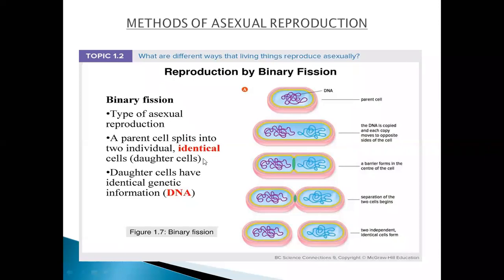Are you done with this binary fission in bacteria? Yes. Yes. Okay, now let's see towards